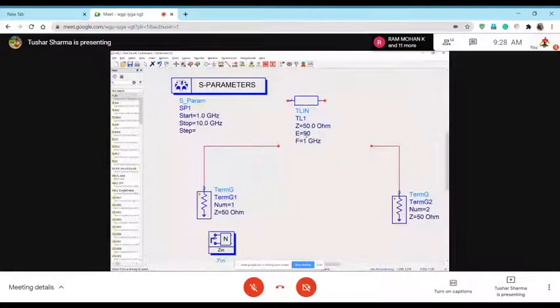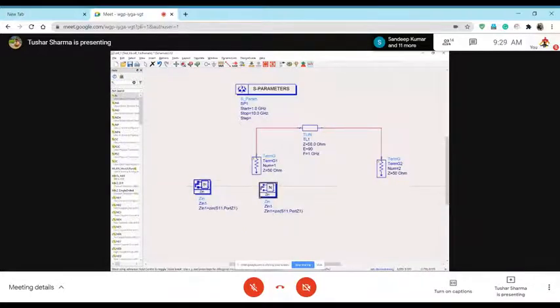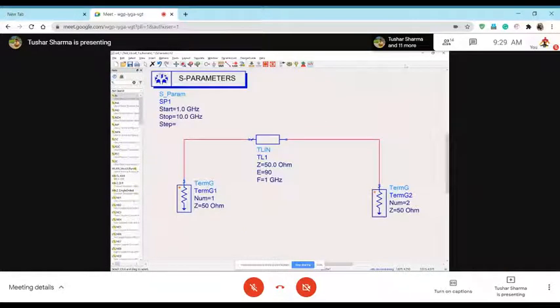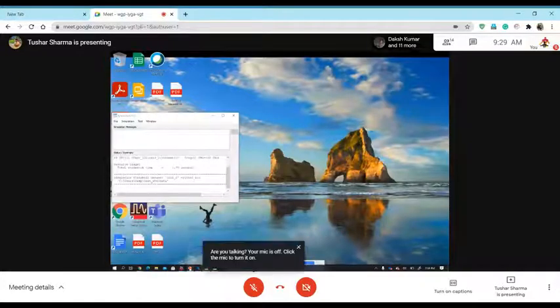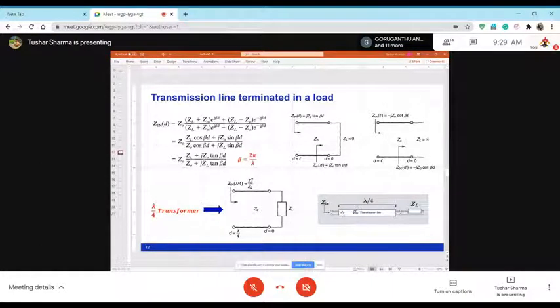So say we are taking a 90-degree line with a characteristic impedance of 50 ohms. If I want, I can use this as a transformer, which means I can transform one impedance into another impedance. For example, here you have Z load, some impedance, and you put this lambda by 4 transformer and try to calculate Z in.